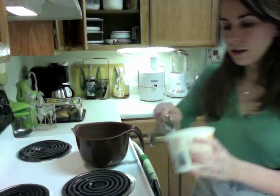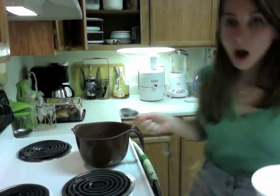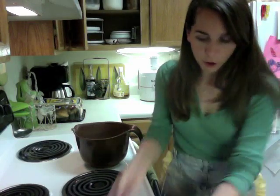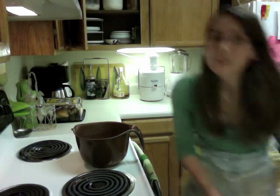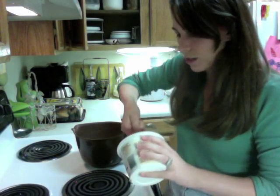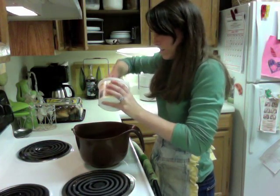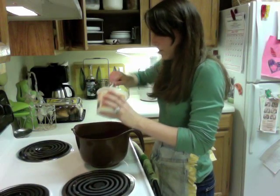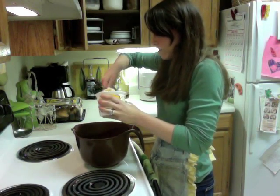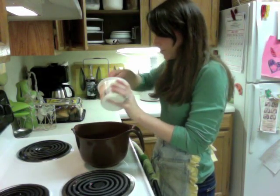I need 4 tablespoons of butter. Let's see. We need 4 tablespoons of this deliciousness. Oh! I just dropped it all over the floor. That was like 50 cents worth of Earth Balance. This is so expensive, it's dumb. Okay, 4 tablespoons. Try to keep it on the thing. All right, 1, 2. This is very bright. 3,